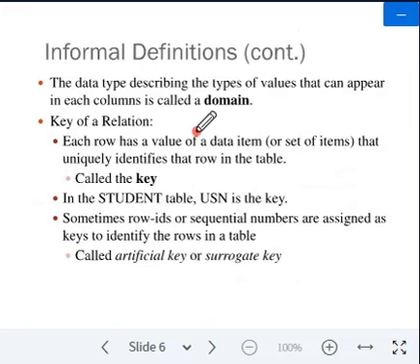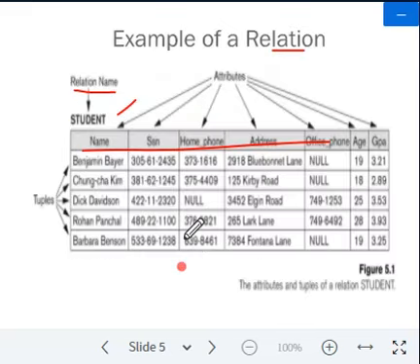Now, informal definitions continued. The data type describing the type of values that can appear in each column we call a domain. Taking this example again, each attribute consists of a set of values, and we call that the domain of that attribute.